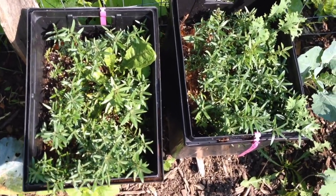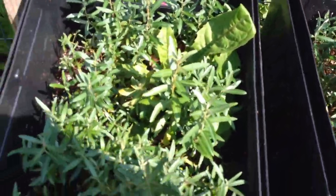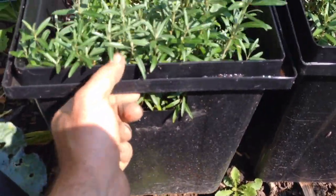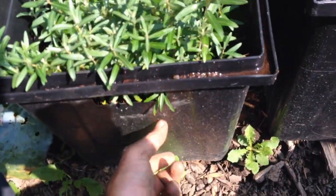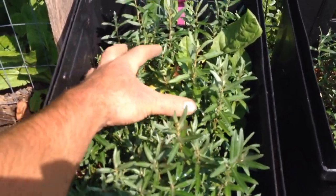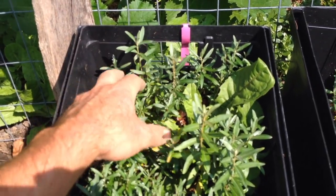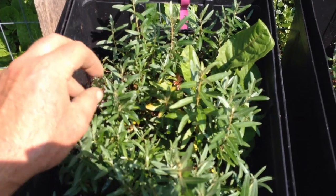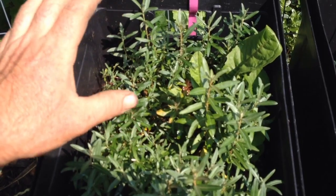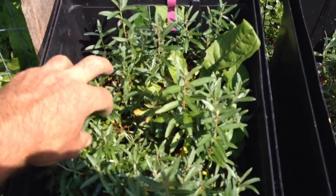Same containers. I like these just because they fit together nicely. With 5-gallon buckets, there's always space between them, but these are fine. Old pots are fine too. And in this case, I've got, again, wood chips at the bottom, and then a potting mix that I made up. And then these are sea buckthorn or sea berry fruits. Driving along the side of the highway, I saw a local farm that had 2 plants. And in the fall I said, hey, do you mind if I collect some fruit? They said, whatever, do what you want to do. Collected it, kept it in a